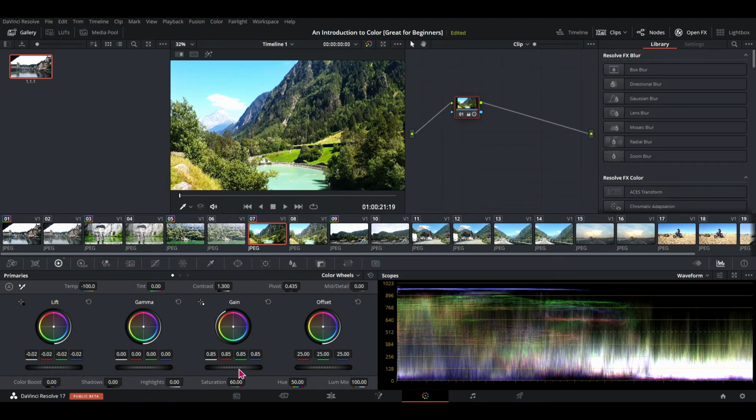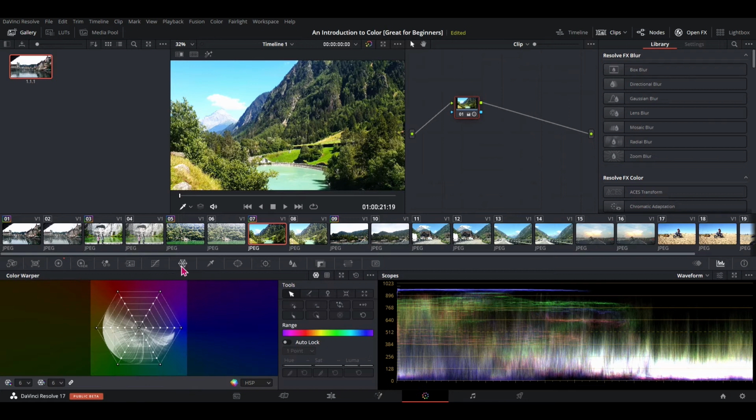So that's where we're gonna probably keep it. And now I'm gonna show you guys a trick. I don't know, I don't think this is available on 16, only 17. So this is just called the color warper. This is super dope. So you're gonna grab a color, any color that you want, and we want to mess